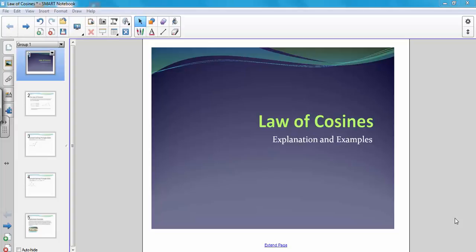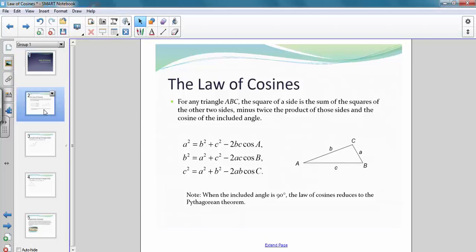In this video, we're going to talk about the law of cosines. We're going to go through a quick explanation and then do some examples. So as I stated in the law of sines video, trigonometric functions can also be used to solve triangles that